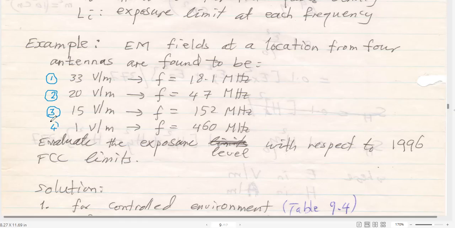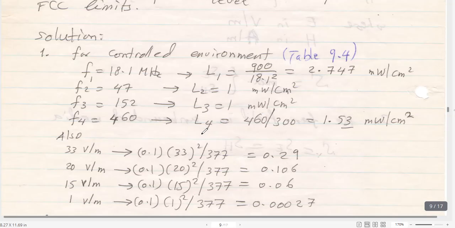and finally, this is just an example of course, and the actual numbers may be much higher than that. And finally the fourth antenna exposes the location to 1 volt per meter electric field at the frequency of 460 megahertz. Now we need to calculate the exposure level,